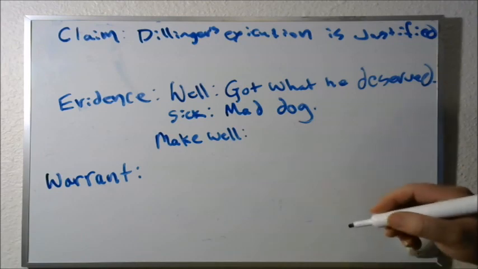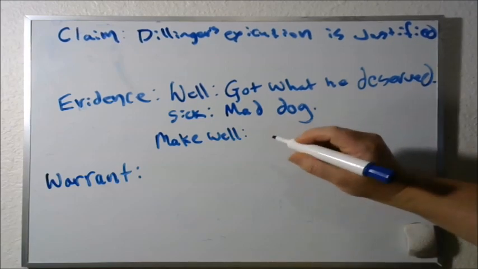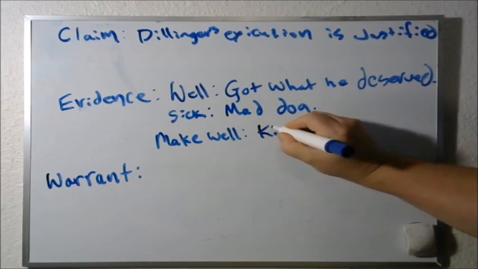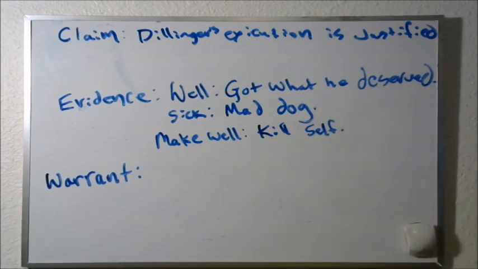And he says that if he would fully realize what he had done, the only thing left would be suicide, right? If he was to truly understand what he did. So if we take this claim and we look at the evidence and the warrant, and try to figure out that warrant, we can see that